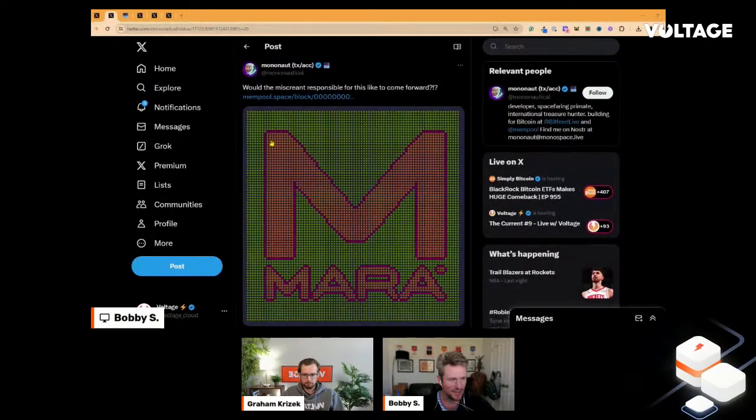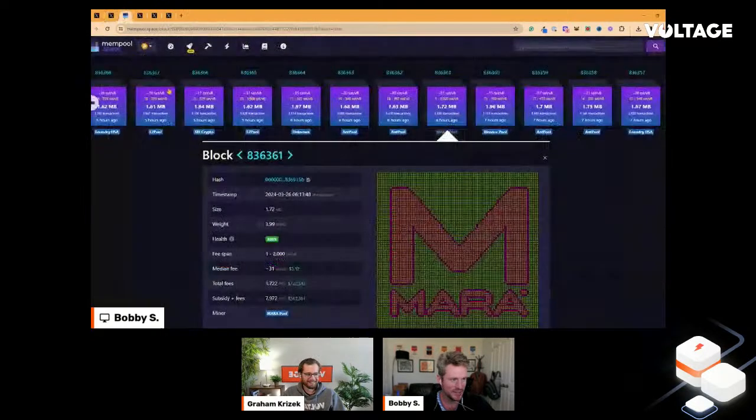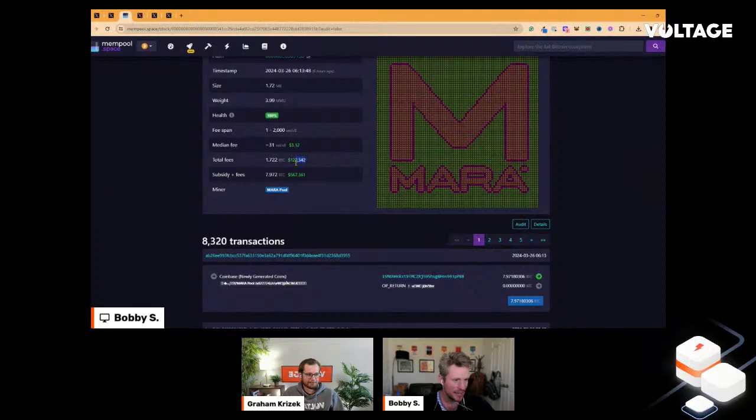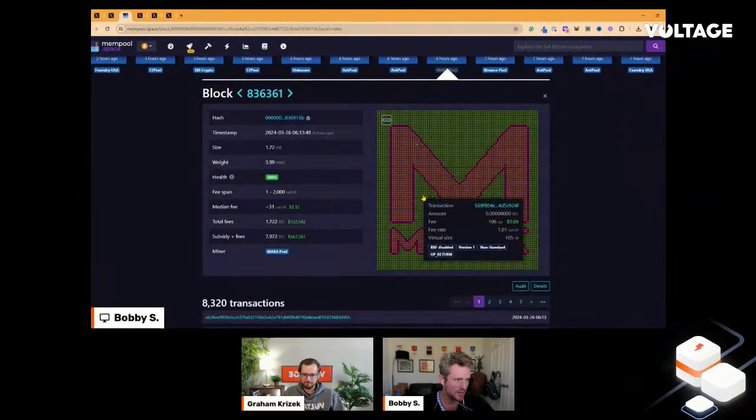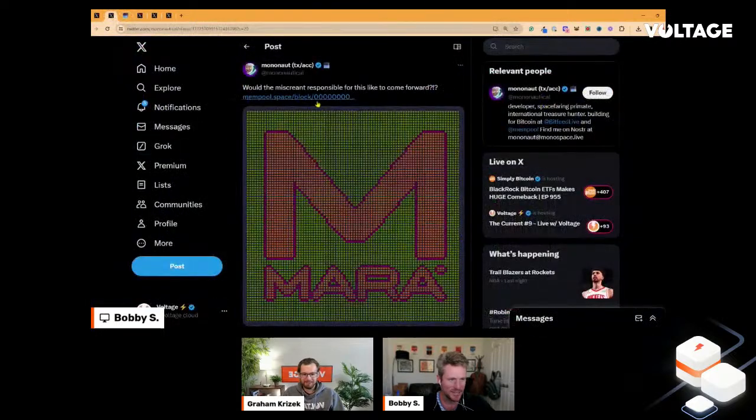And I guess with these block templates, I don't know how relevant this is, but in the news today, Marathon is making art out of the blocks they're mining. From what I read, it did cost them $122,000. Apparently all the blocks were empty, but they were able to construct art, basically making the stance that if you ever do want to construct a logo into a block, you could do it. They're not making it available to the public, but it's interesting to say the least.